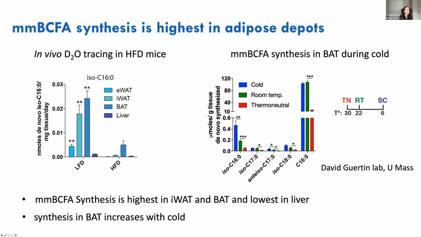And since we published this, a paper has come out showing how branched amino acid catabolism is actually essential for normal brown adipose tissue activation. However, whether or not branched fatty acids play a role in this is something that we're trying to look into further.